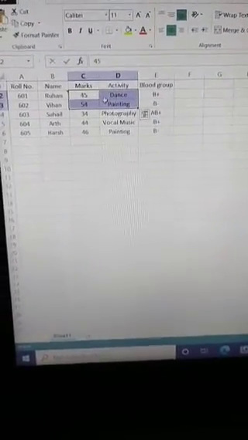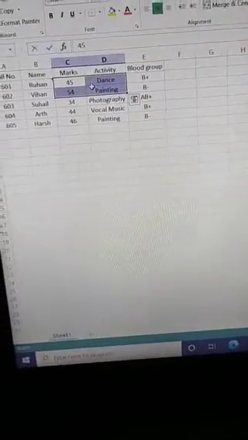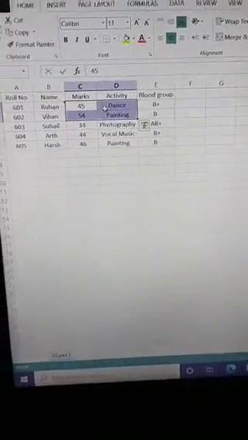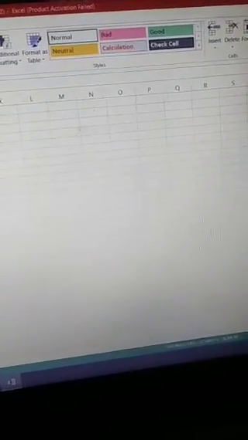So I have selected this range. Now I want to insert a cell here. So how can I insert this? Click the Home tab. Now I have gone to the Home tab, then go to the Cells group. In the Cells group there is an option Insert. Now click on it.